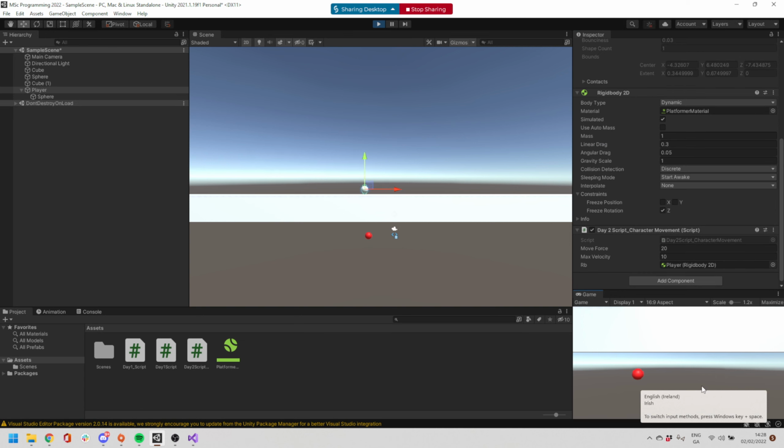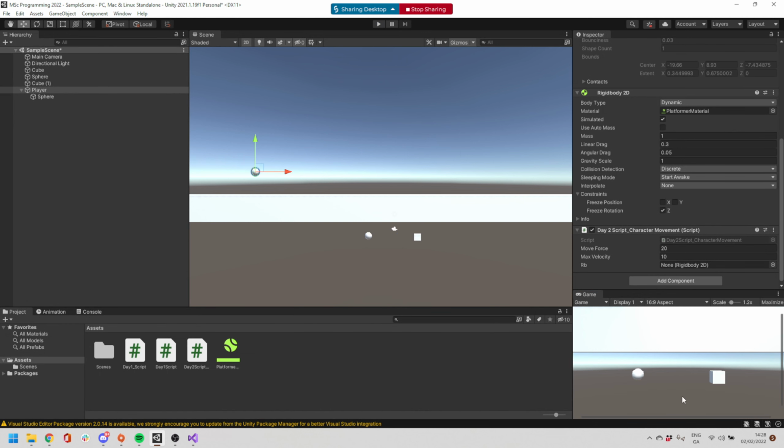Cool. Stop moving. Stop moving. So it has a little bit of momentum, but not that much. Cool. All right. So just for the end,